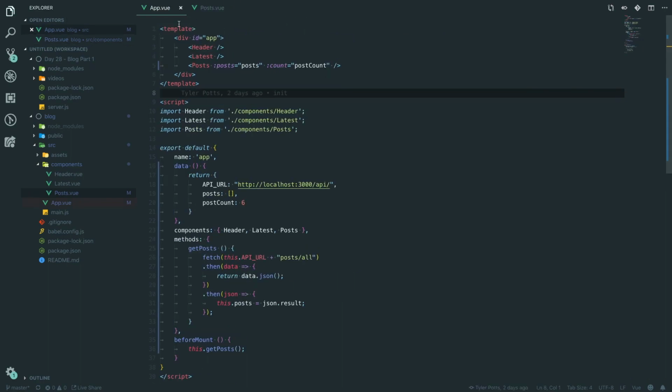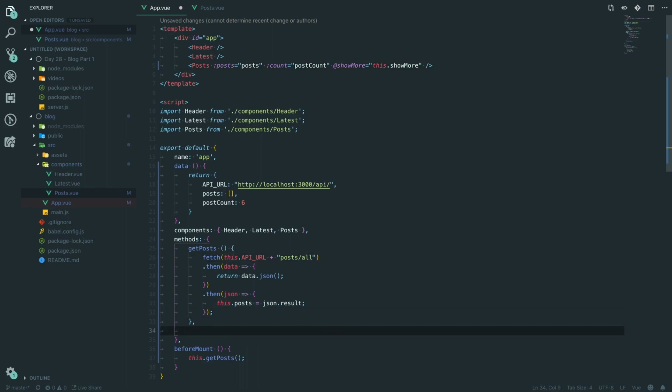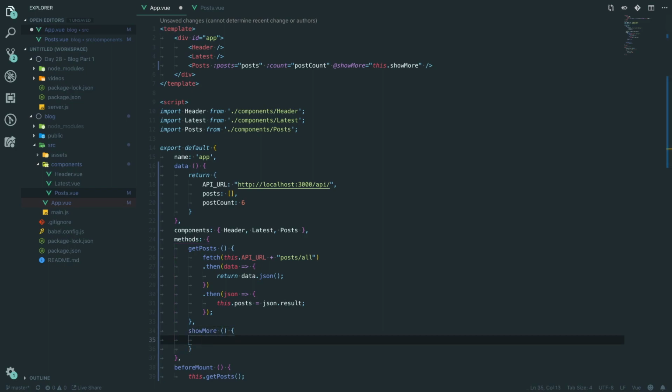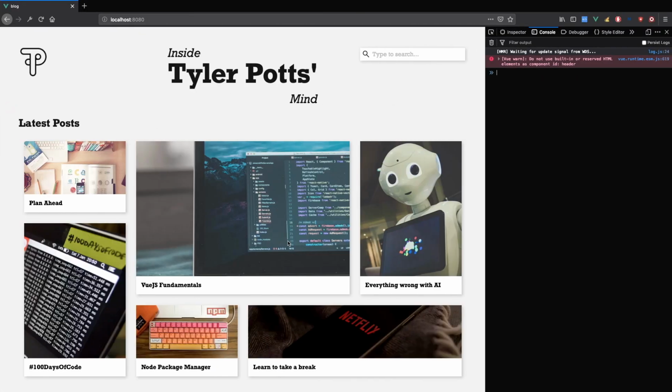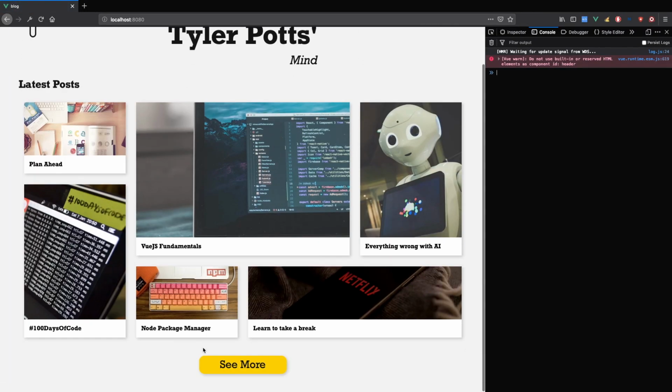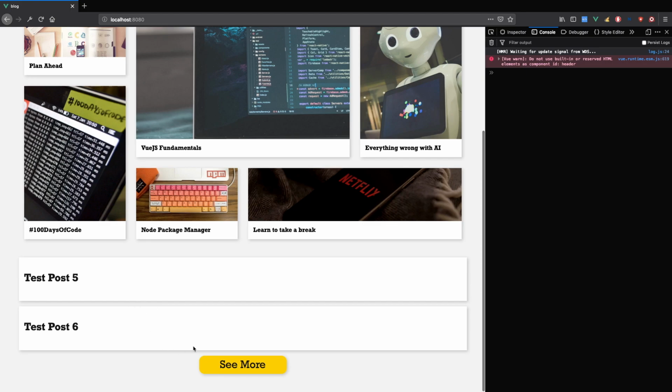So now if we go up here and we put in @show-more is equal to this.showMore, and we go down into our methods and we create this showMore method, all we have to do now is go this.postCount += 2. So now if we refresh, every time we hit see more, 2 new posts come through, and actually